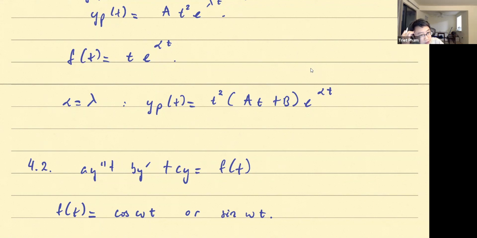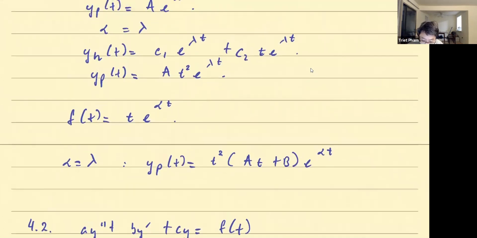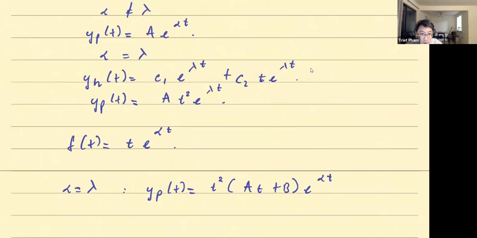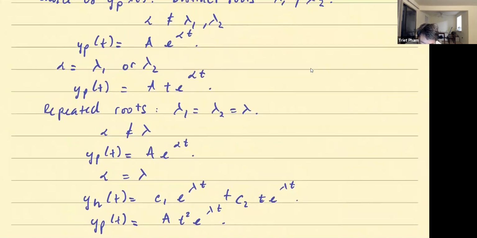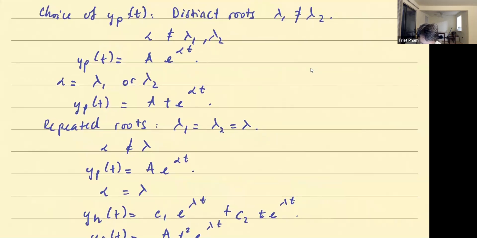Yeah, the word always is very, very dangerous, right? There's nothing like always in math. The question is, what is the forcing function? Okay, what is the forcing function? Oh, and by the way, when you write t only, I think that's wrong to begin with, because even in the case of,